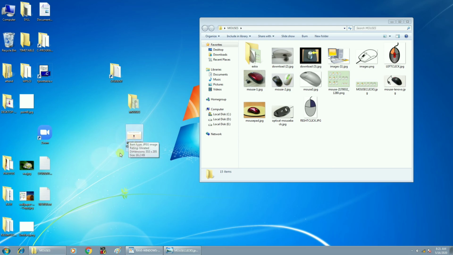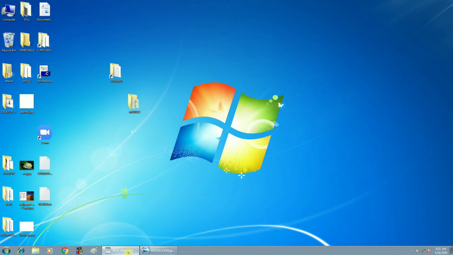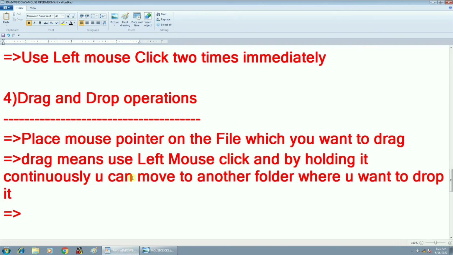Again I can do it: place the mouse pointer over the image, hold the left mouse click and drop it in the mouses folder. This is the way of using drag and drop. Drop the file in another folder where you want to drop it.